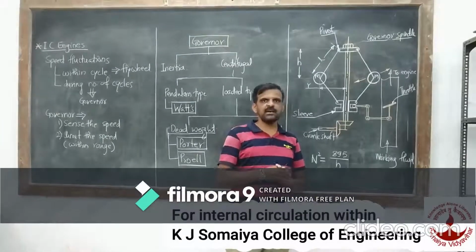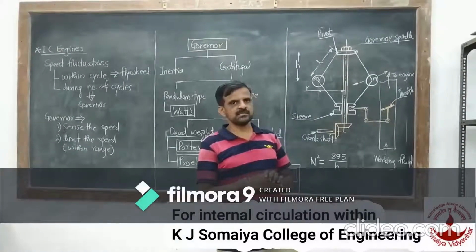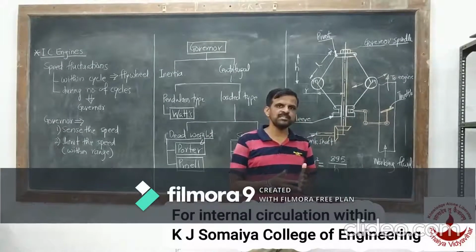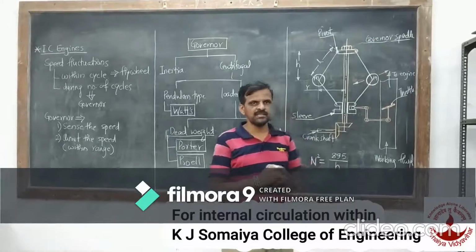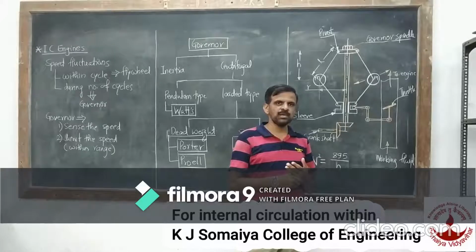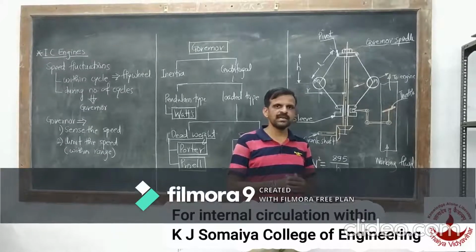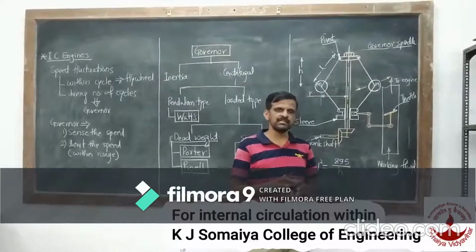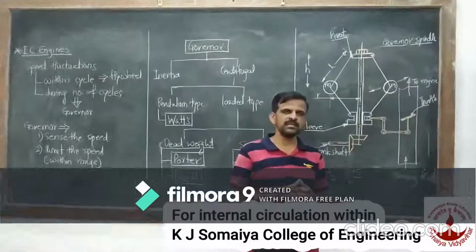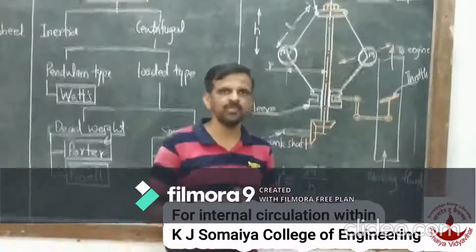Now we will see how the governor works with the help of a schematic diagram. Before that, just come down to the IC engine once again. Now, how does the speed of the engine increase or decrease? When the load on the engine goes on increasing, obviously the speed comes down, and one point comes where it may be possible that the speed of the engine comes very much on the lower side, and the engine may get stopped. On the other side, when the load on the engine goes on decreasing continuously, a time comes when the engine speed increases much more, and this will result in violent operation of the engine.